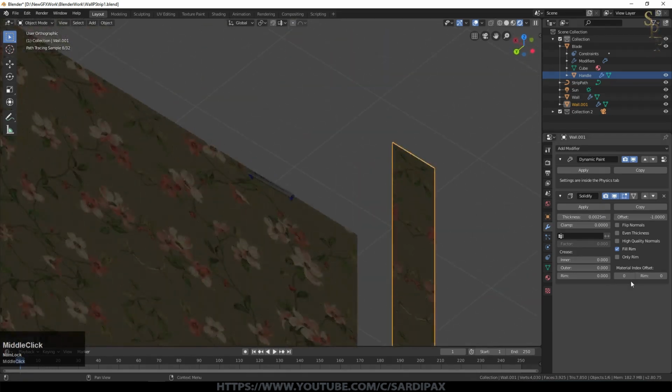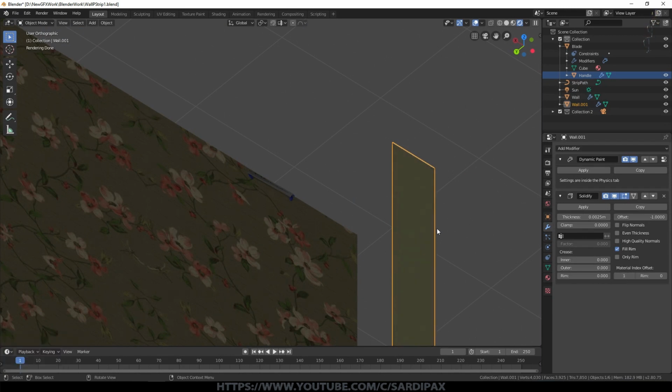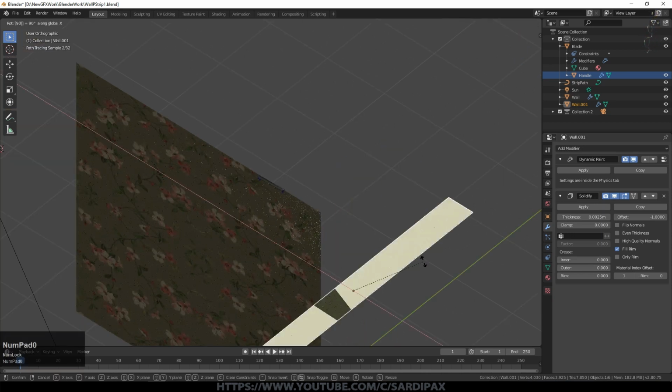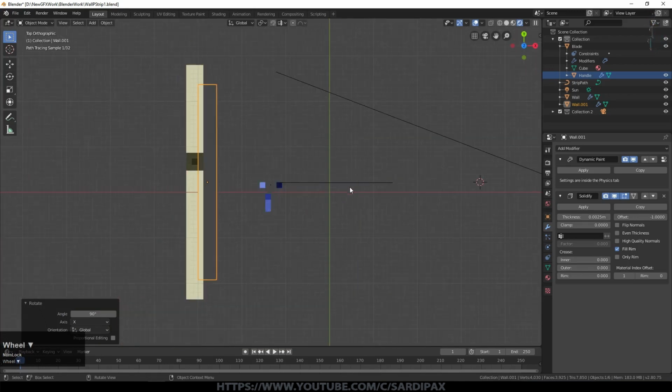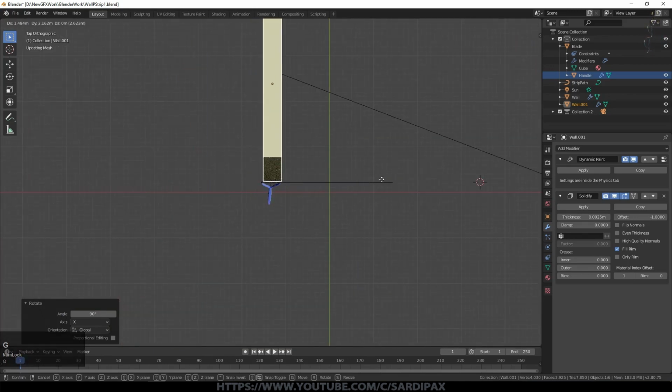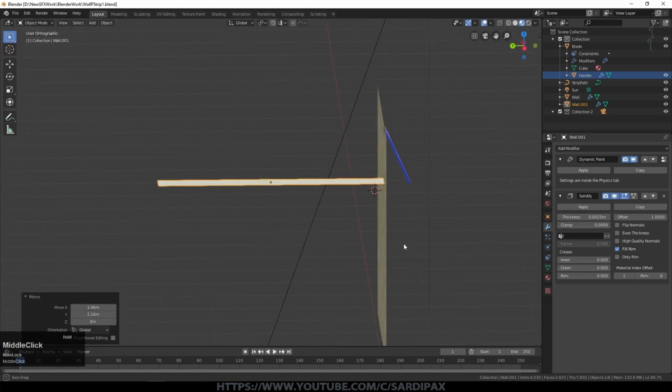And then by setting the material offset here to 1, the new face that the solidify modifier has created is now set to the new material that I created. So I'm going to rotate X 90, and that's now that material on the top, which is where I want it. So just going to position that roughly where I need it to start, and we'll go back to this mode now as it's a bit easier to see what's going on.